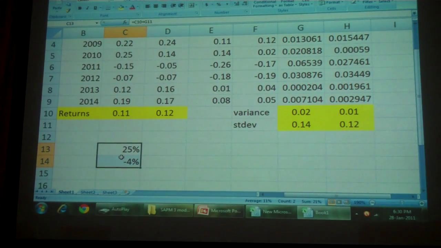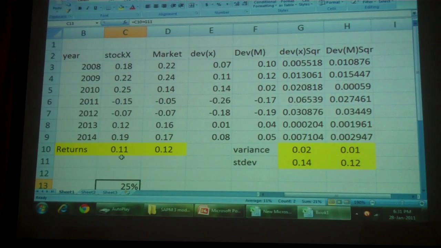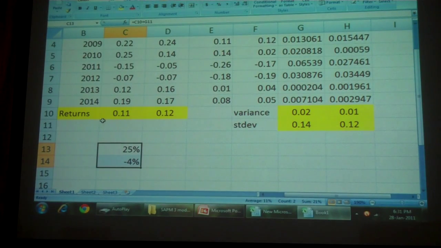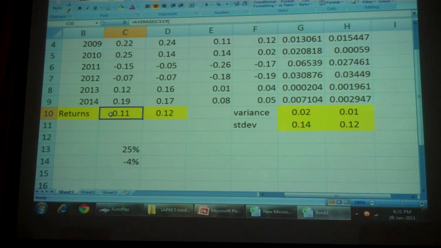This data is small, so it's easy to look at. Can I take the min and max and tell? No. I have told you what we have to do in my statistics class. You remember we had drawn histograms and all those things? That you have to do. Because it's smaller data, I can easily see, okay, it's minus 4 percent.